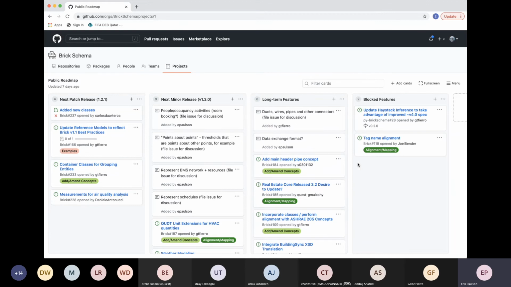And then we have a 4th category of things we want to do but can't do for some other reason. There's a bunch of stuff coming in Haystack 4 that we'd like to take advantage of. The Haystack 4 spec has to finish before we can take that on. So this is how we've been thinking about things for now, but we are open to a discussion about other things. And we would love feedback on anything and everything,